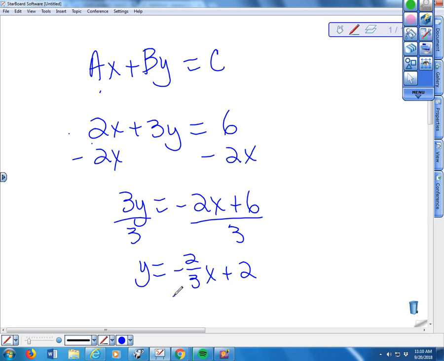So if I cover up this term, because when x is 0, this term goes away, what is y? If this goes away, and I solve for y, what is it? 2. There's your y-intercept. Cover up the x, solve for y. The y-intercept's 2. Okay? If you get a problem like this on the ACT, and they say, find the slope